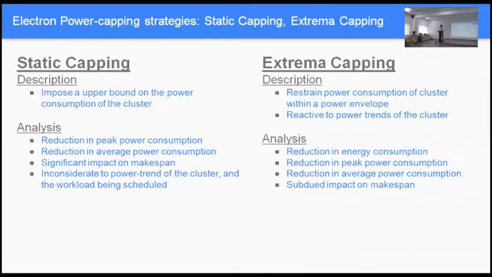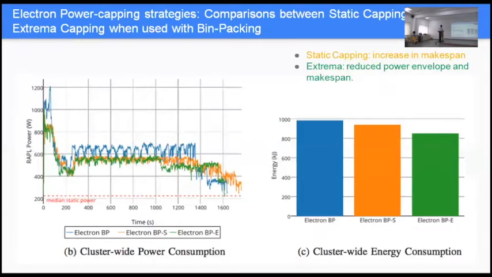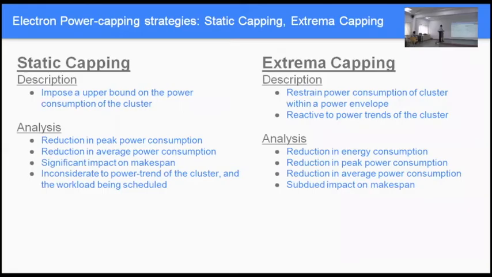Now, I want to show you another example. What we call is extrema capping. So in static capping, what you could do is to just say, I will make sure none of the processors go beyond 50% or 60% or 70%. Well, that's a naive approach. Again, we're trying to test the boundaries of what we could do. In extrema, which is a slightly better algorithm, we'll say that we want to keep a power band. So we want to have a low threshold and a high threshold of the power.